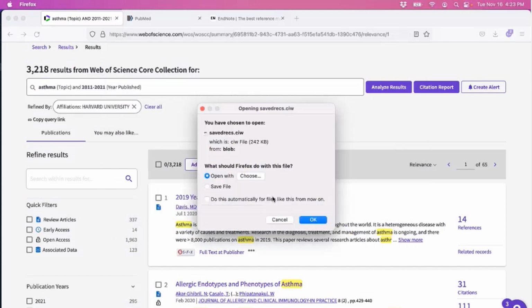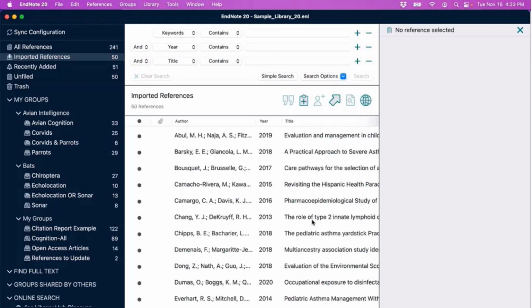Now that that's selected, I would recommend that you mark this so that the browser remembers how to handle this going forward. But because I lead classes like this fairly often, we're going to leave that unchecked. And with this configured, if we click OK, because we have the library open and we're not in full screen like I was describing, the library can come to the front of the screen and receive those references. You would find, I'm not going to do it, but if you were in full screen on your library, actually I will do it just to show you.